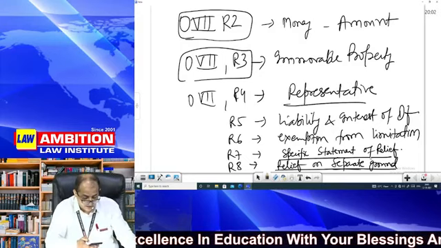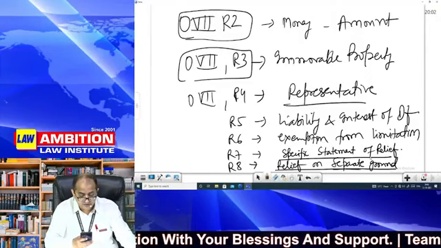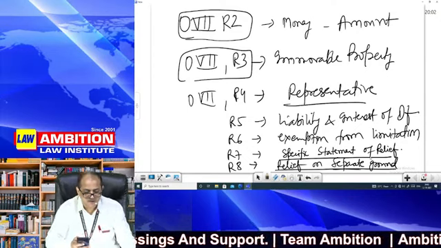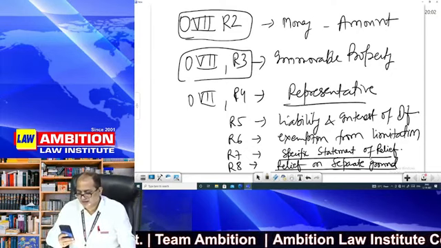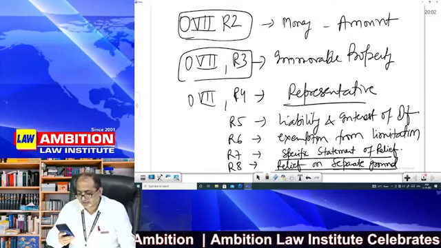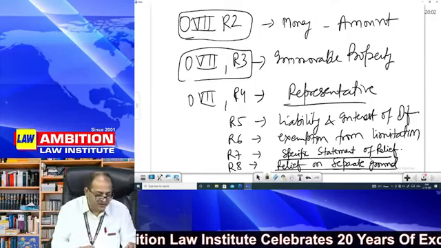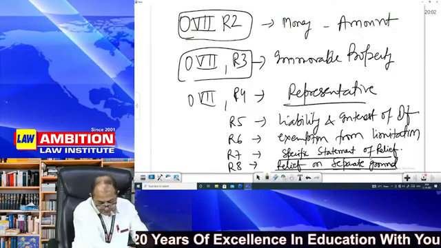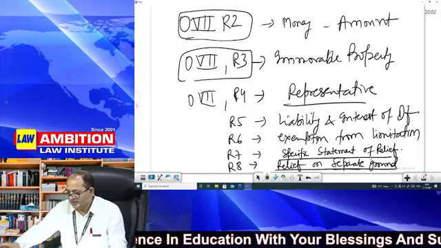भाई वासुदेव कहाँ हैं आप? Where are you, lost, sir? देखो यही लोग क्लास को खराब कर देते हैं. Will you teach section 2 again? मैंने सेक्शन 2 पढ़ाया कहाँ है? आप क्लास में शुरू से रहते ही नहीं हैं ना. This is your problem. I must condemn this behavior. Please sir, please. I am extremely sorry. I have told you, section 2 में मैं आपको अंडरस्टैंडिंग दे ही नहीं रहा, अवेयरनेस दे रहा हूं. कितनी बार बताऊंगा एक ही चीज यार? तुम क्लास में शुरू से नहीं रहते और भ्रांतियां दूसरों के लिए भी फैलाते हो. This is really not acceptable. You should be in the class from the very beginning. See, I have to say this all candidly because others will be confused.